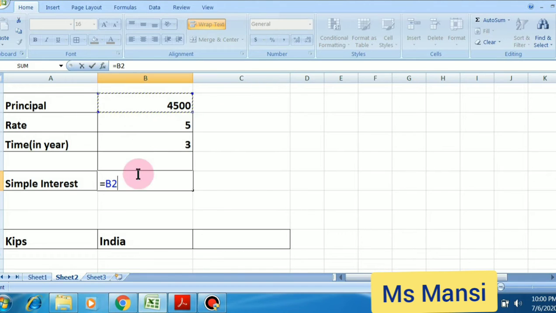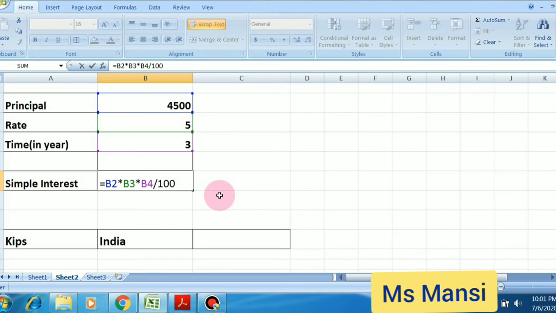If you click on it, the cell will automatically come. Is equal to B2, then multiply, select B3 and B4. Principal amount multiplied by rate multiplied by time divided by 100. Okay, this is the formula for calculating simple interest.